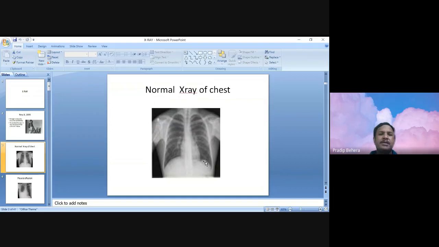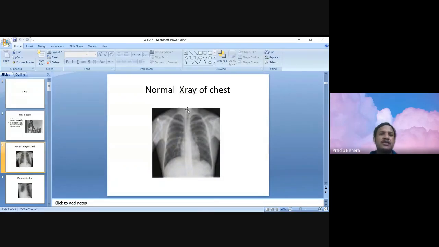And next, coming to when you say this is an X-ray chest PA view, then what to discuss? Normally when describing the X-ray, there are two ways to describe it systematically. You can come either from the midline to the periphery or periphery to midline. But conventionally, we describe the X-ray from the midline structures first.